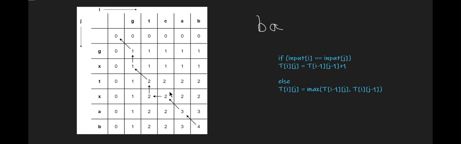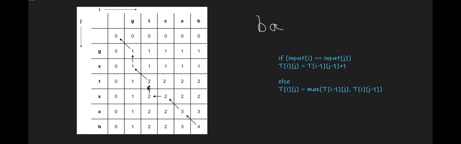Next, we check from where did this 2 come from. When we compare the column, that is C, and row X, they don't match. Hence, it will be the maximum of this 2 here and this 2. So hence, we travel horizontally here to the next column. So we don't need to note down this C in the longest common subsequence, since there is no diagonal traversal here. So next we compare the row and column of this particular 2 here. The column character is T and the row character is X. Hence, we can't move diagonally here. So this 2 has come from the maximum of this 1 here and this 2.